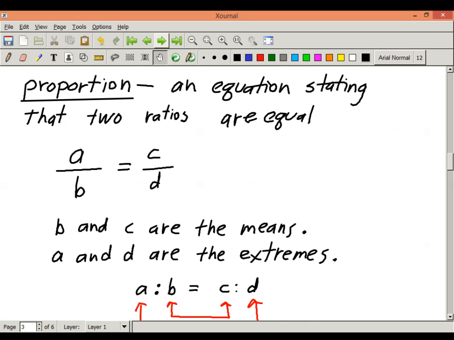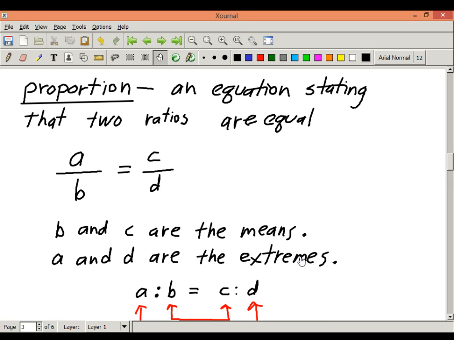Proportions are going to be important to our work. A proportion is simply an equation, so you're going to see an equal sign in a proportion, an equation stating that two ratios are equal. So if you look at this proportion right here,